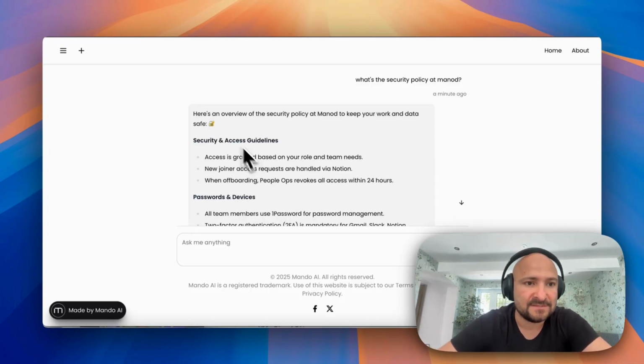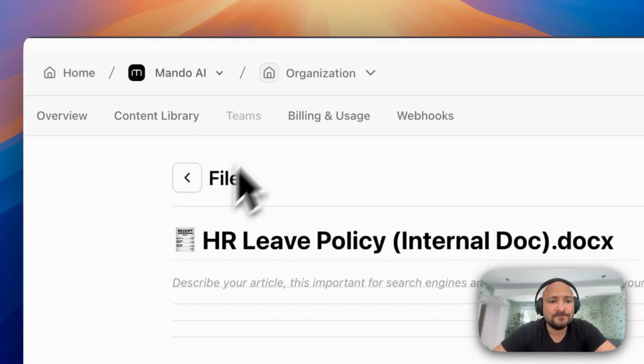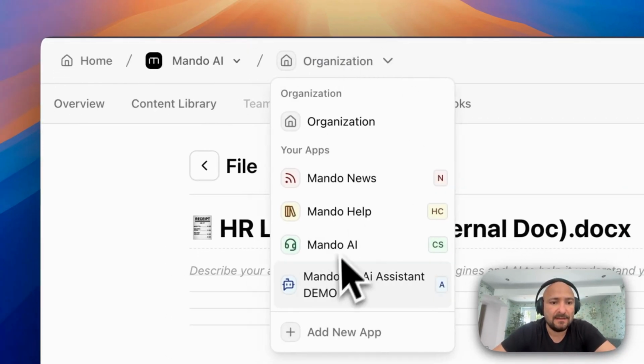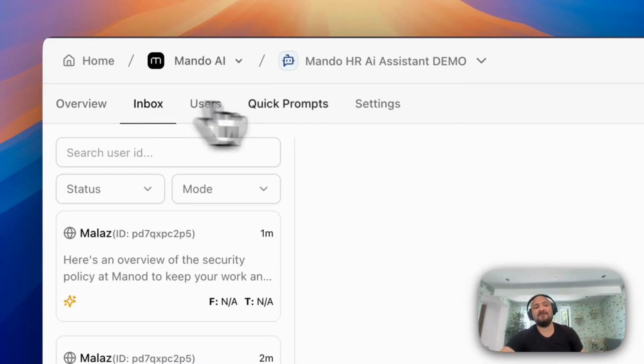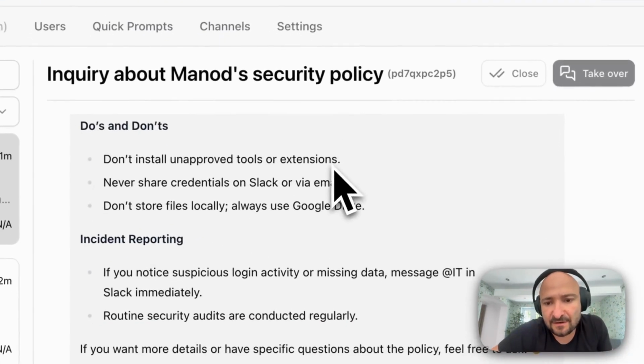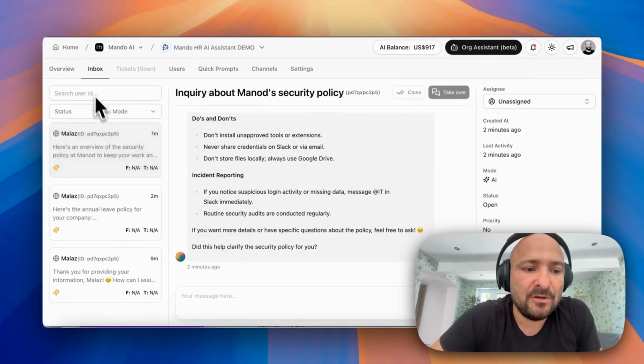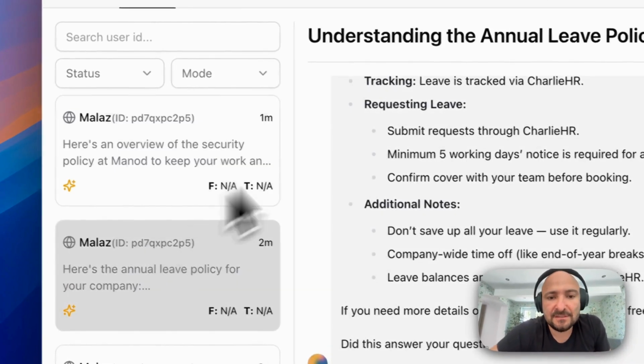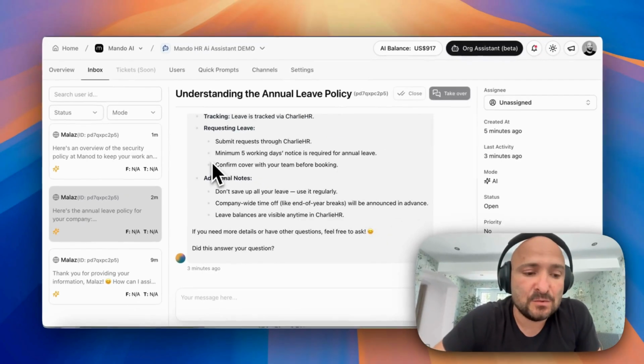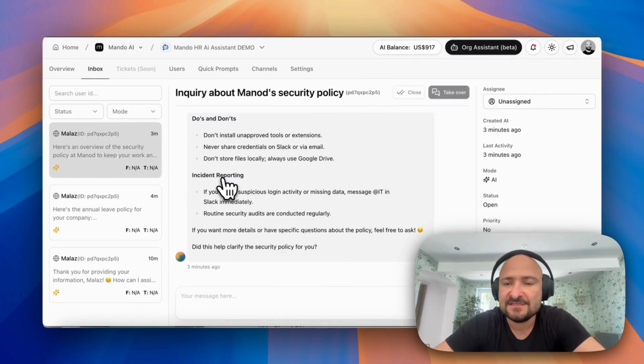RAG for our users. So now you can go back to your dashboard, and also you can check the messages here. You can go to your inbox and check all the conversations between your AI assistant and the users who have interacted with it. I think this is it in terms of demo. Let's keep it short and